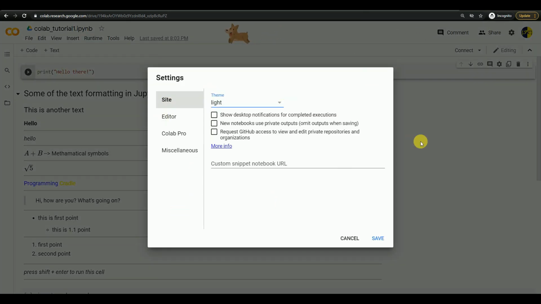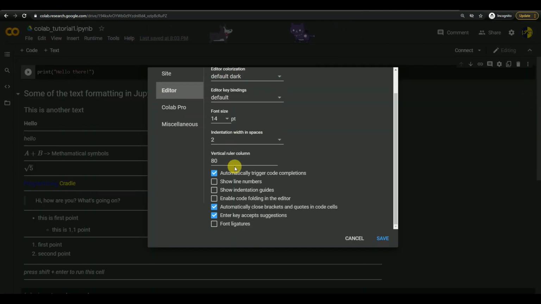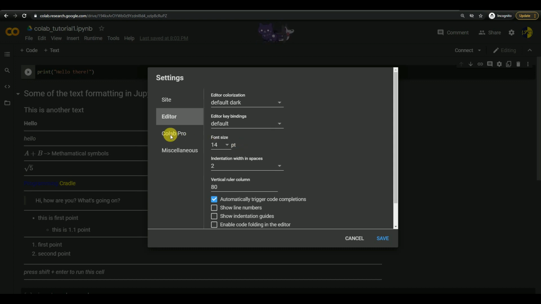I personally don't like a white background. I like to work in dark theme, so you can change that in the settings. Here you can have this dark mode, and there are also some other settings which you can see, and they are pretty much self-explanatory. You can also change the font size and all those things.